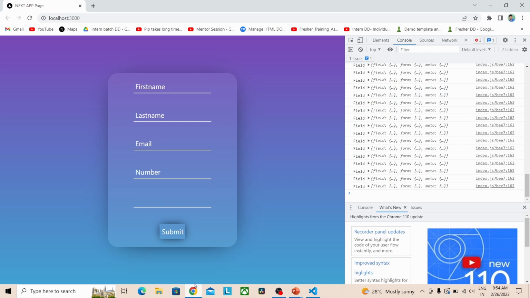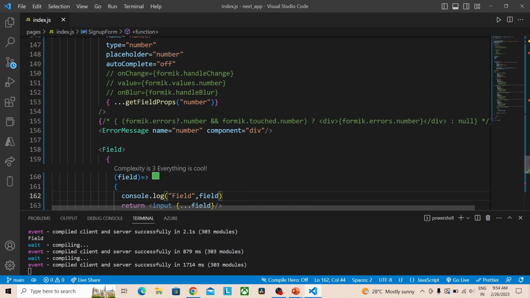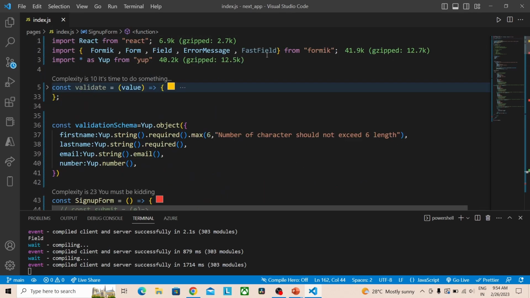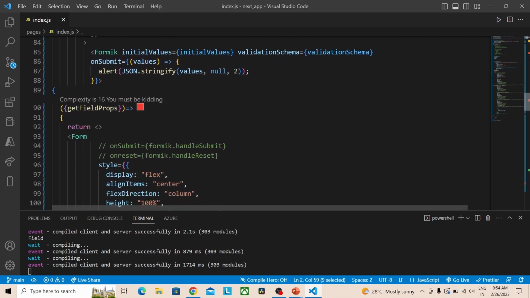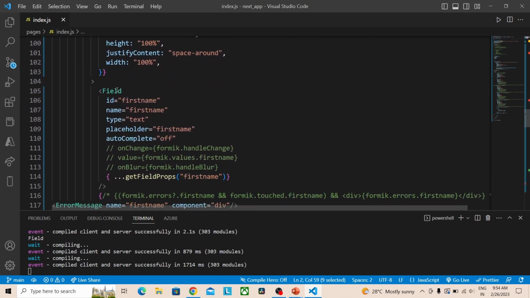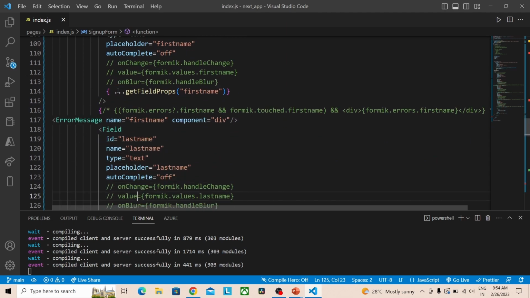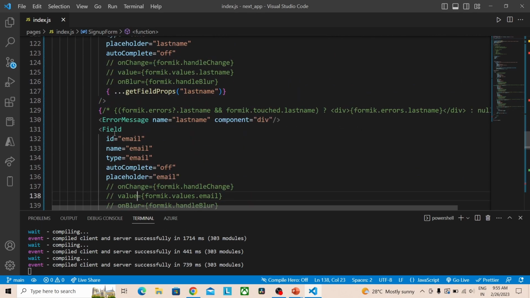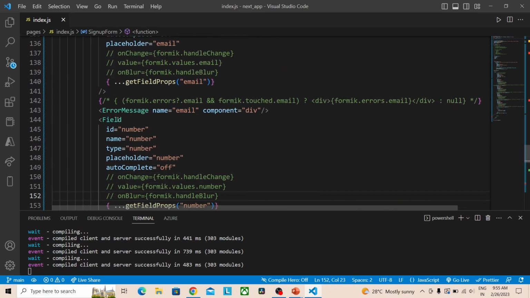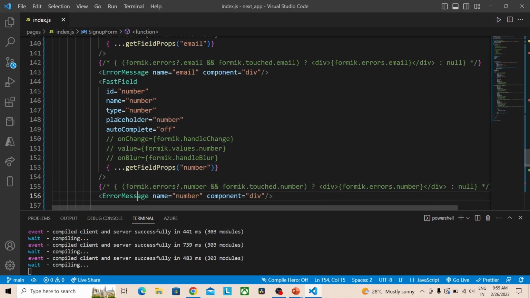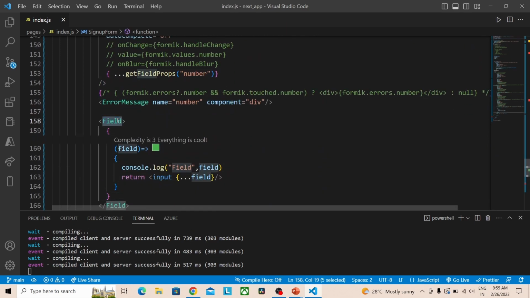So to avoid this re-rendering only, we are using FastField. So go to the import statement and copy FastField. Inside the form we have multiple fields, right? So we have to replace them with FastField. So Field, FastField, FastField, FastField. Here we have that FastField,